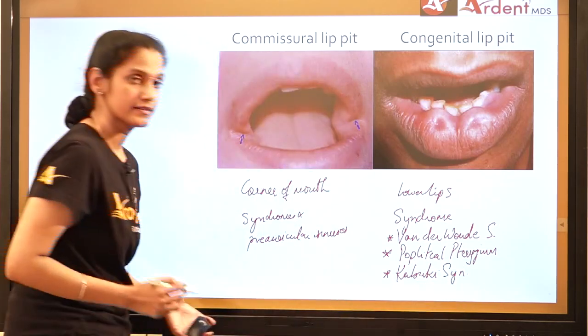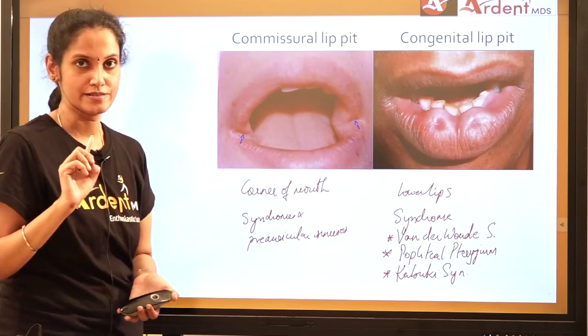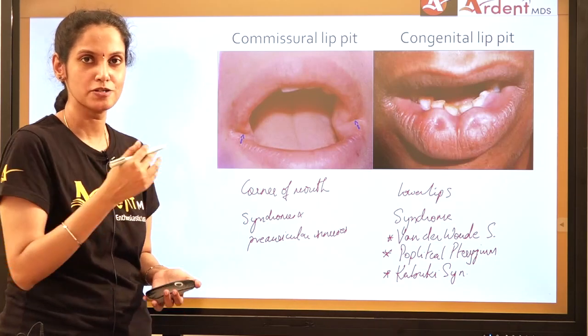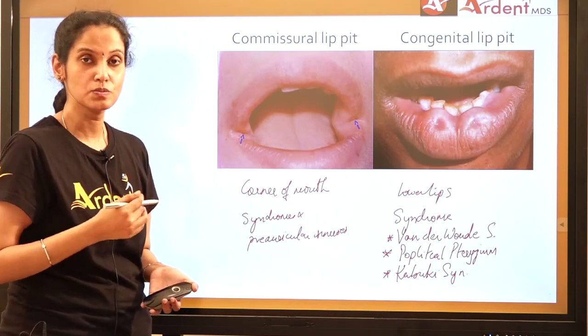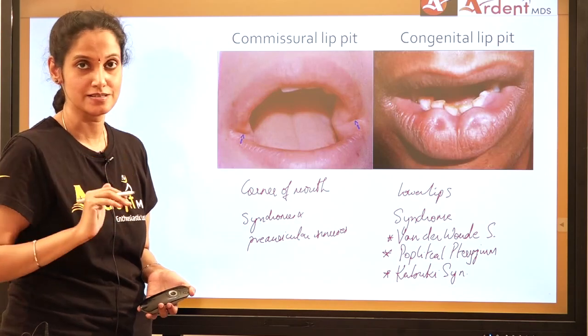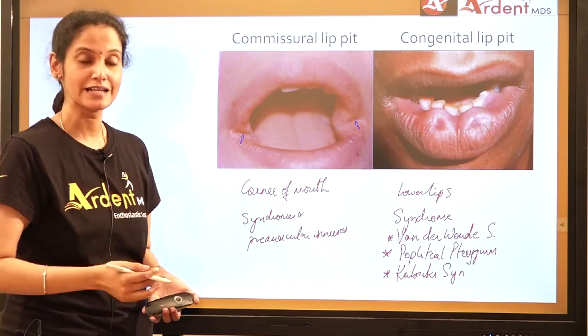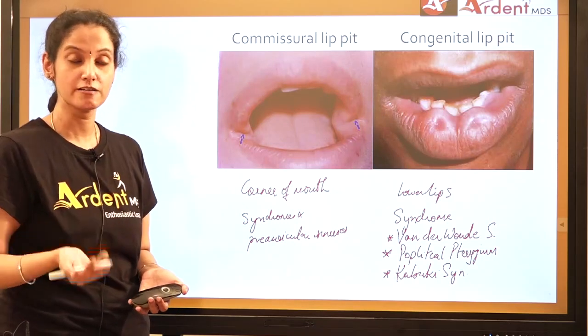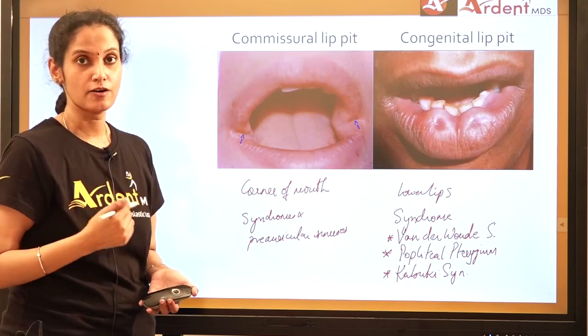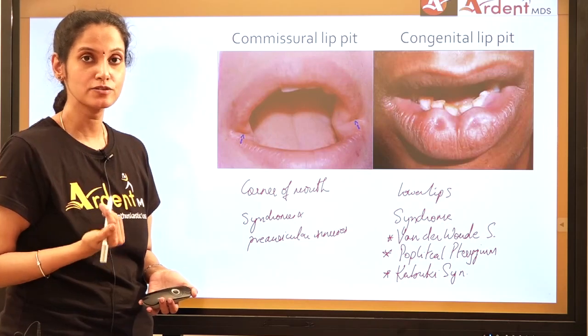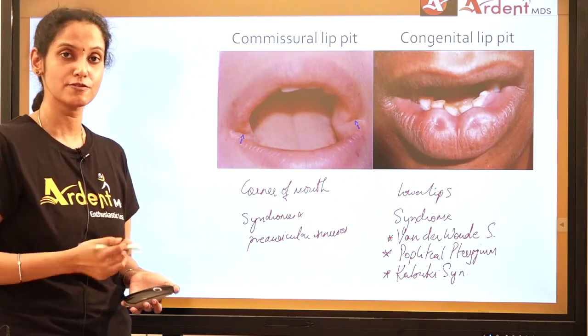Here there is an eversion of the lower eyelids. It's named so because the patient looks similar to the artists of the Japanese theatres. That is the reason why it's given that name. Along with paramedian lip pits, the cleft lip and or cleft palate, mental retardation, hypoplasia of the maxilla or the mandible could occur, joint laxity could be present for these patients.